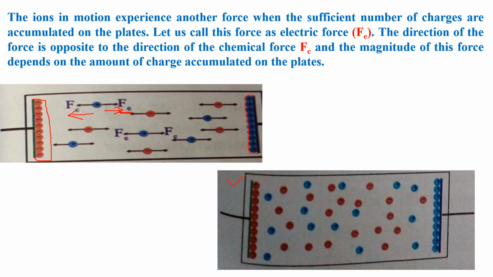So now you have understood this. What Fe is and what Fc is, you have clearly understood. Now, if we take a battery and connect it to a conductor, let us assume this is the conductor. Okay? As you all know, there is free flow of electrons in the conductor. Previously we told you there is free flow of electrons in the conductor, and once the conductor is attached to a battery, the flow of electrons goes in a direction.